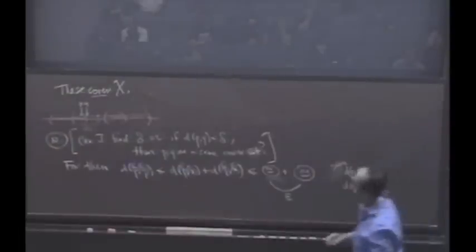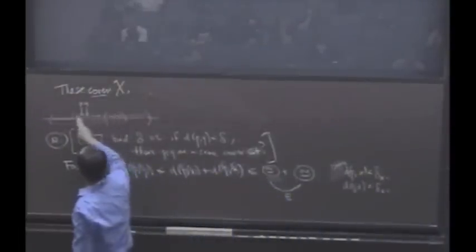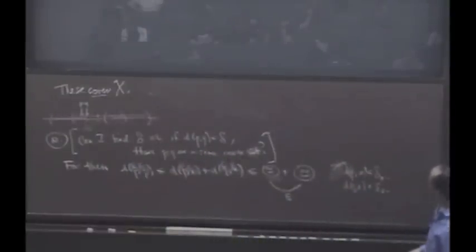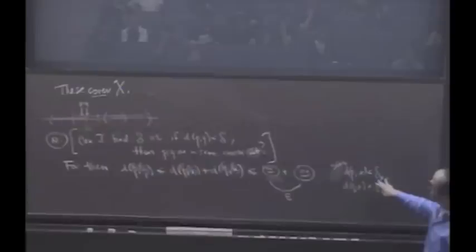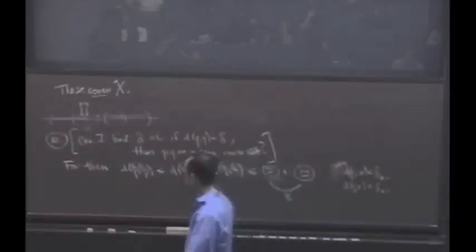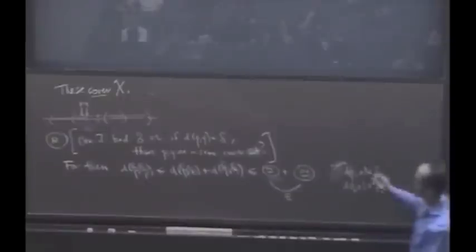Yeah, actually, I might have to be even a little more careful here, right? Because what if P and Q are on opposite sides of this picture? Then they're within 2 delta x of each other, and I want them to be within delta x of each other. So I need to modify something here. Oh, yeah, that's right. You only care that they're close to x. Thank you. Awesome. Great. Good. Okay. Think too hard about things and then it becomes more confusing.